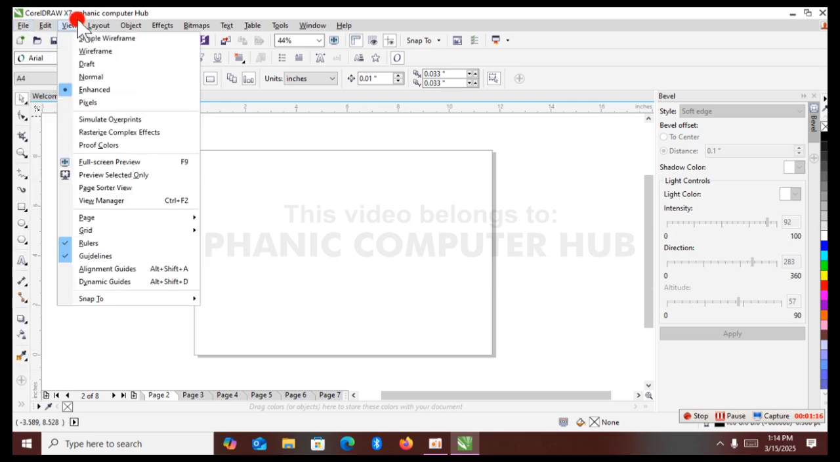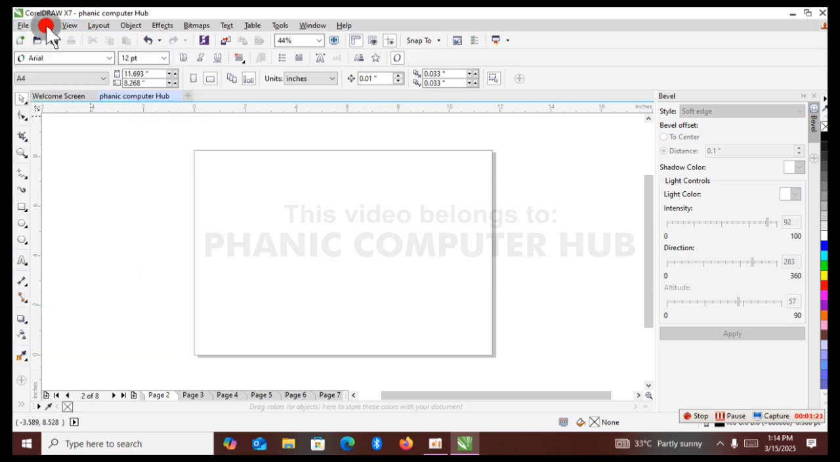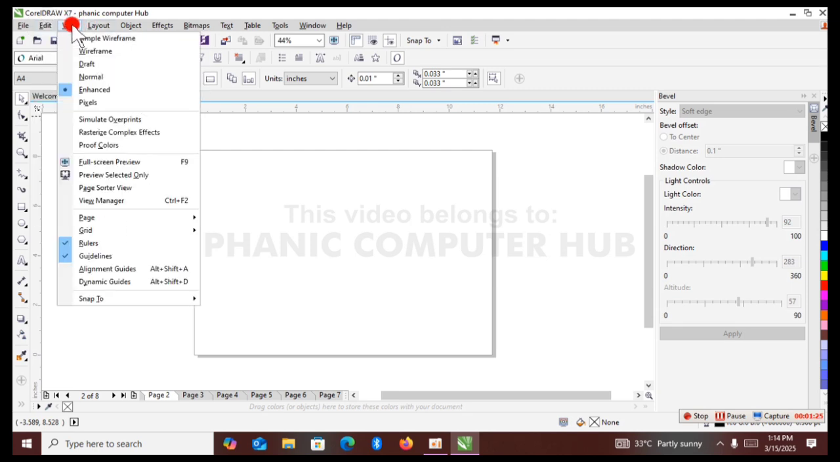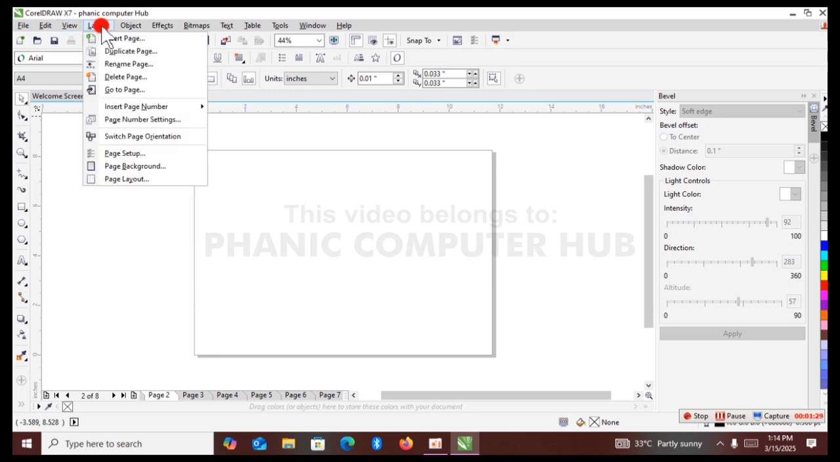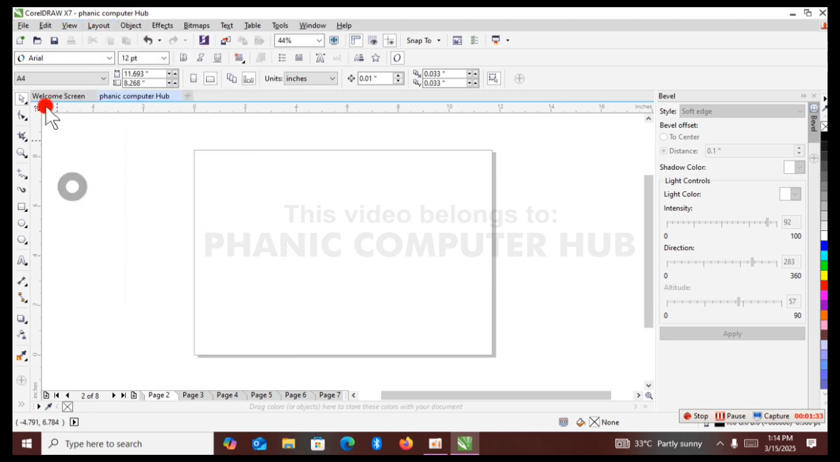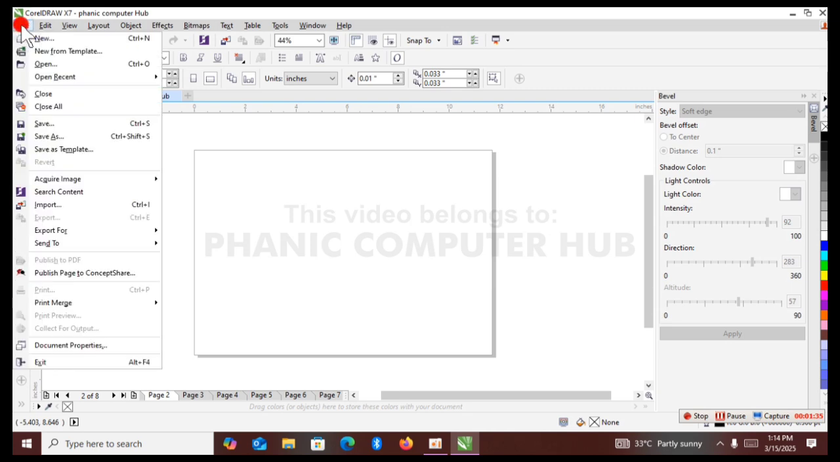Can you see? Can you see a lot that is inside the file tab? If I click on edit tab, can you see a lot? If I click on view tab, can you see a lot? If I click on layout, can you see a lot? Okay, so under file tab, you're going to see a lot that is on it. You can see new. If you want to create a new document,